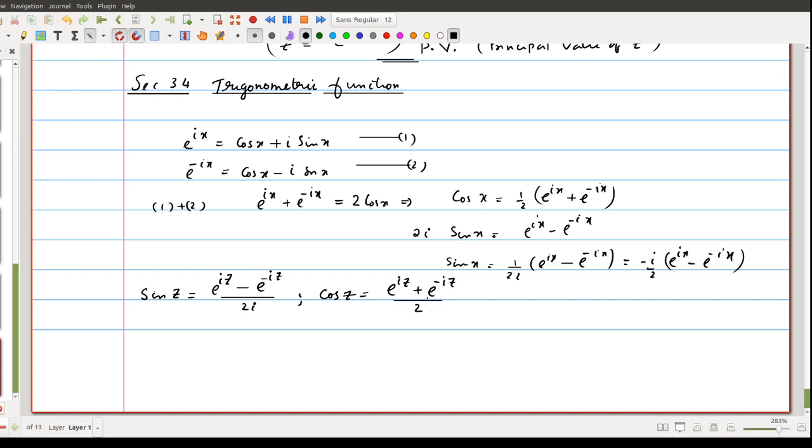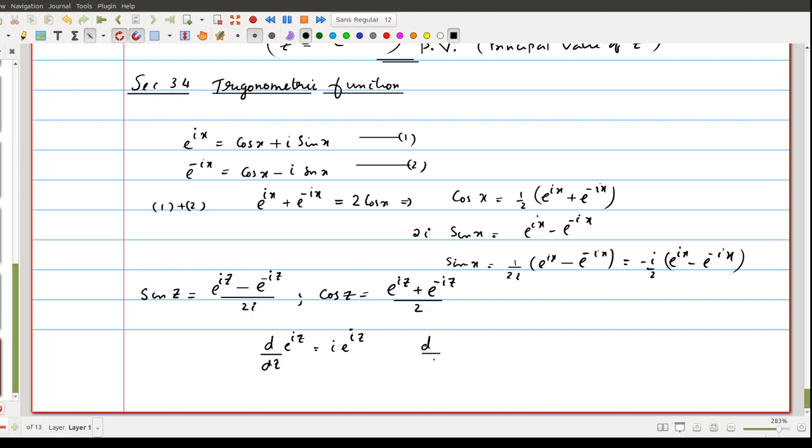So these are called complex trigonometric functions, and using the fact that if we consider the derivative of e power iz,